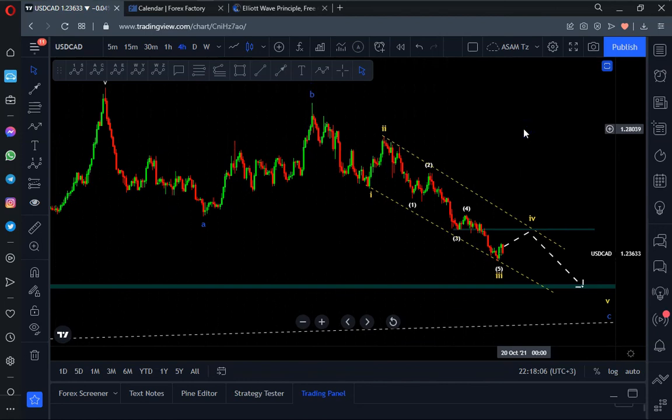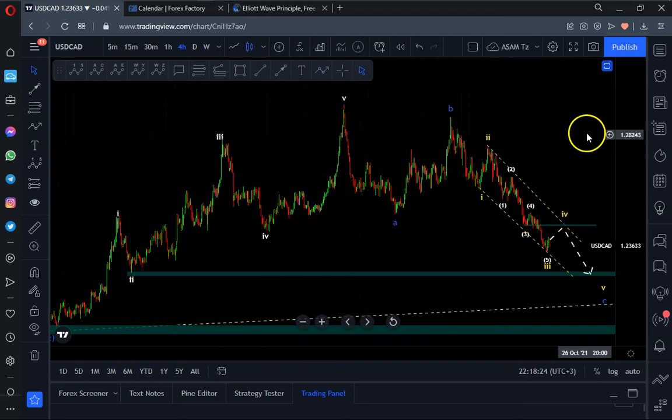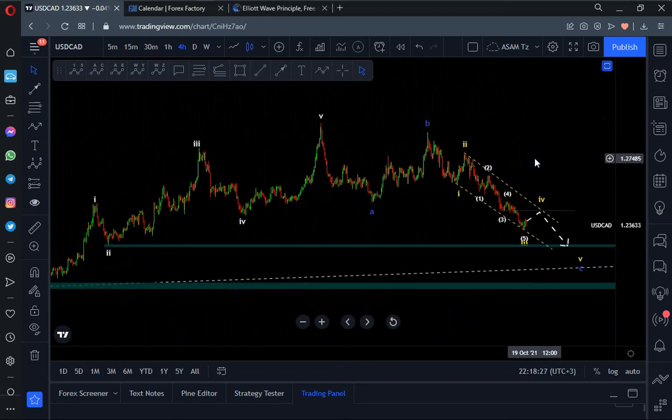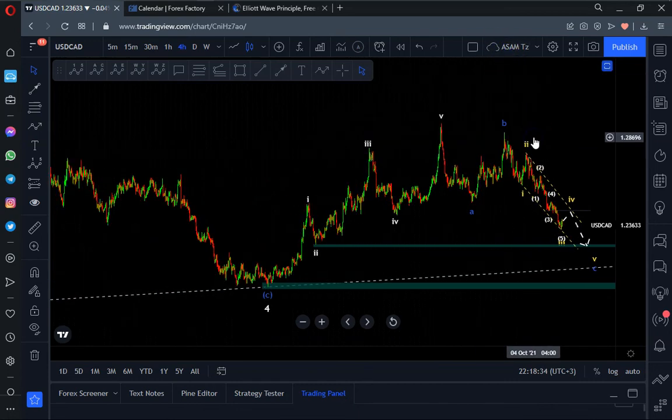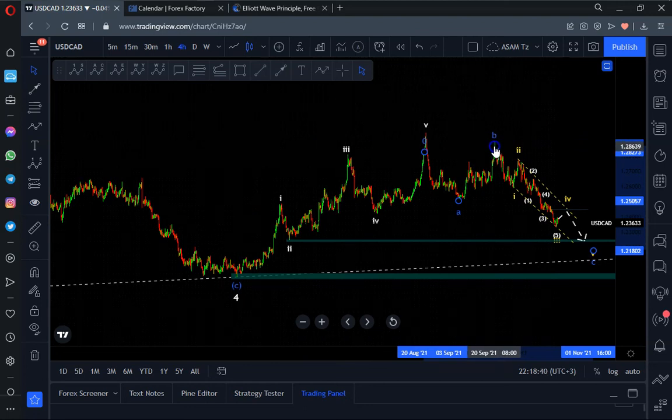So you can add your own analysis. You can go to other time frames like hourly, 30 minutes, and the remaining time frames, and also look at higher time frames like weekly to see what is expected on USDCAD. But what I provide here is just an overall direction for the market, and in most times it is respected, with just very minor deviations that we find in our analysis for all the weekends that we have been sharing those analyses.